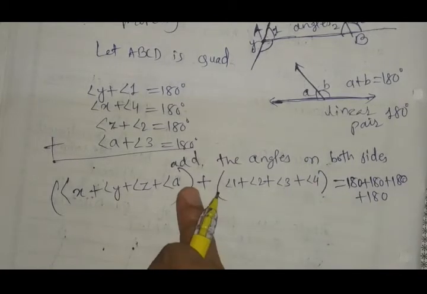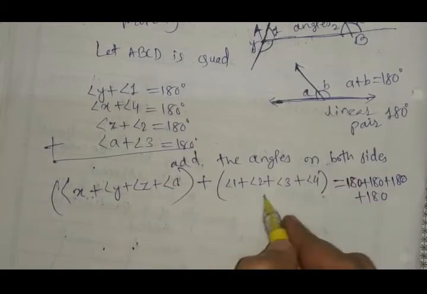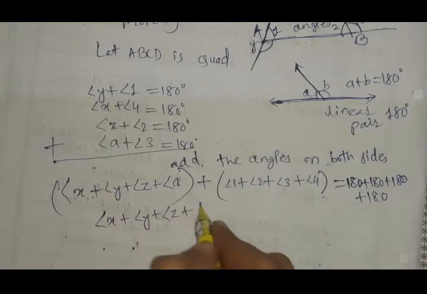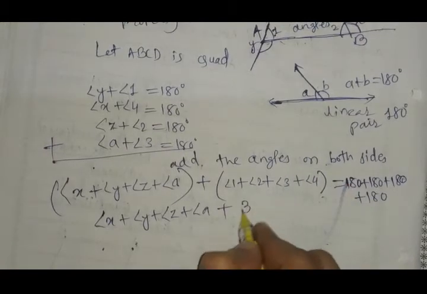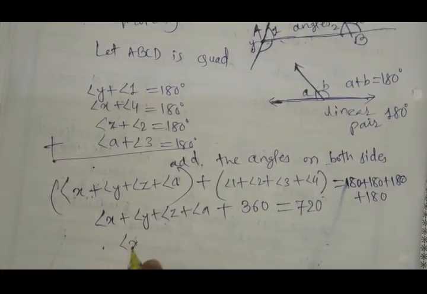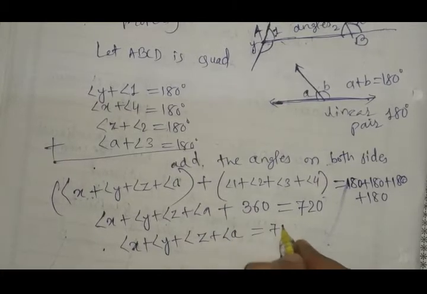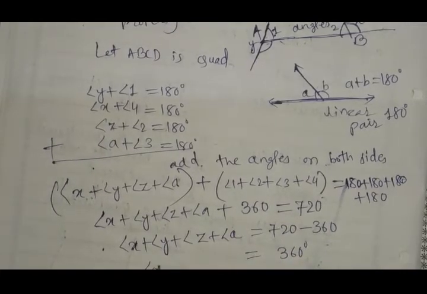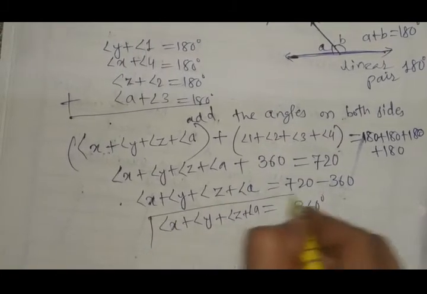So if you notice, these are the exterior angles, and 1, 2, 3 and 4 are the interior angles, and the interior angle sum is 360 degrees, and 180 four times is going to be 720. So if we solve this equation, x plus y plus z plus a is going to be 720 minus 360, which gives 360 degrees. So angle x plus angle y plus angle z plus angle a is equal to 360 degrees,